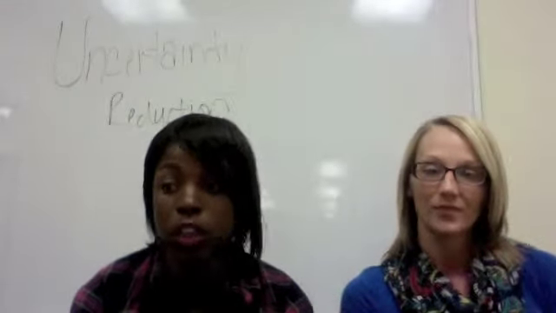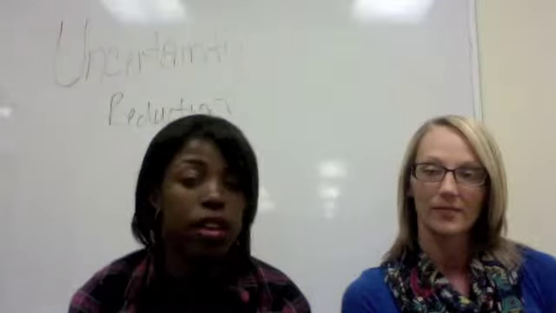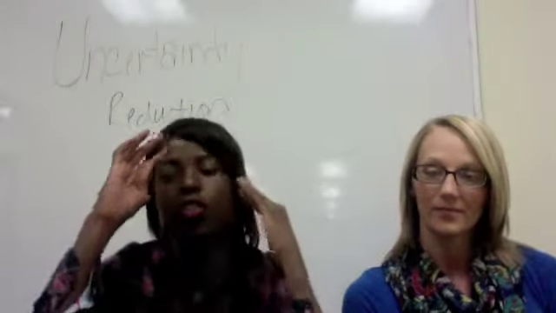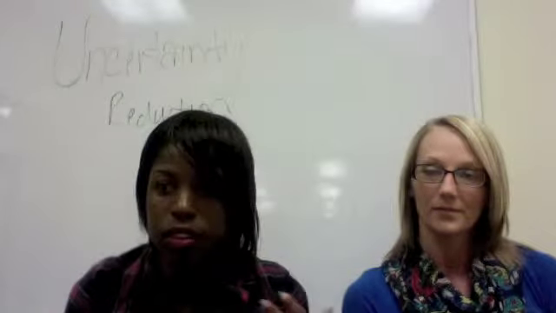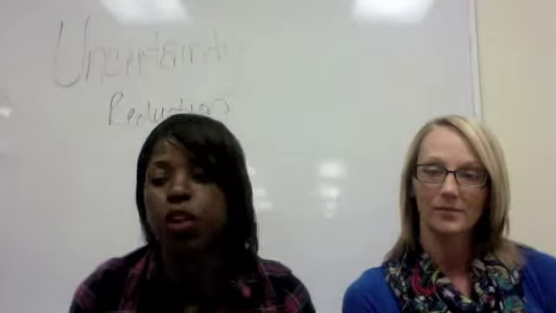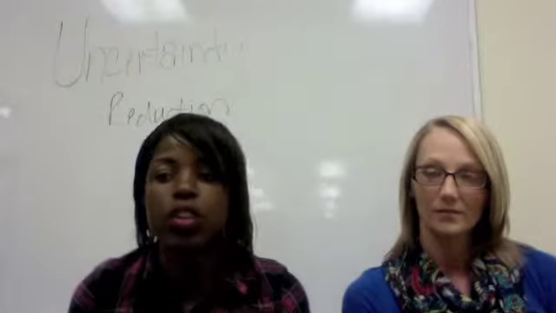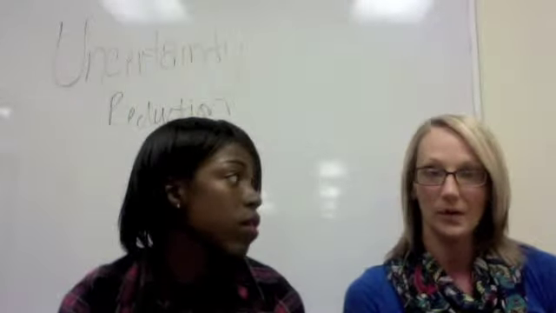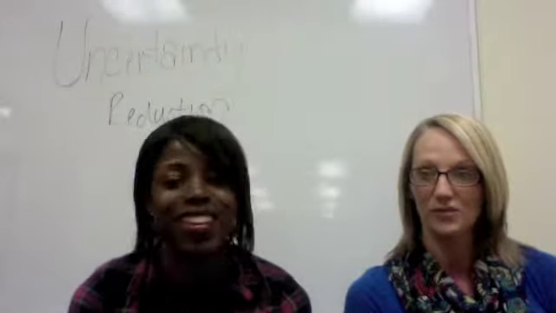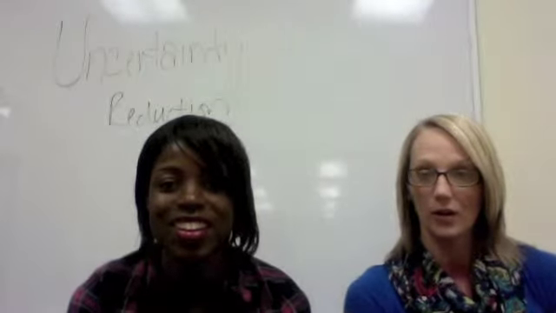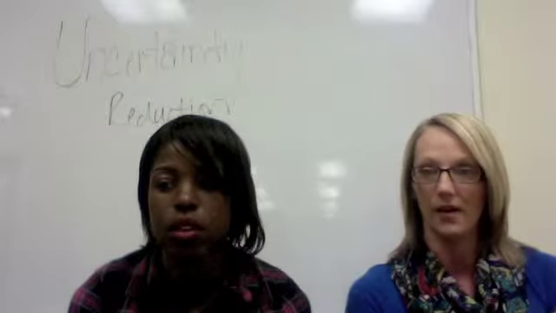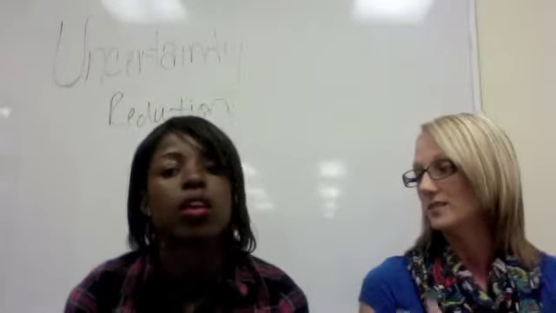But the theory was created by Charles Berger and Richard Calabrese in the late 1970s. There are numerous struggles associated in everyday life when it comes to adapting in this ever-changing world, and especially socially. We tend to anticipate and predict in order to succeed. Three main ways that people try to seek information about one another in an attempt to learn more are interactive strategies, where we speak directly to one another to learn more.